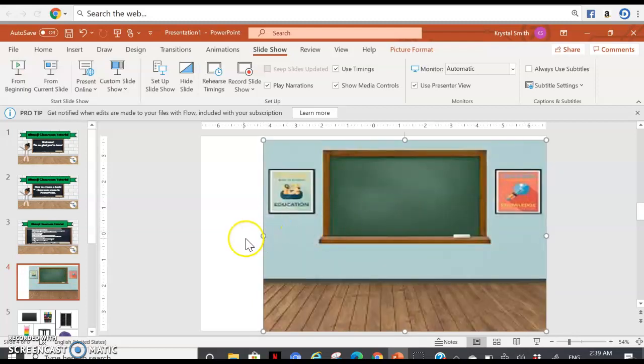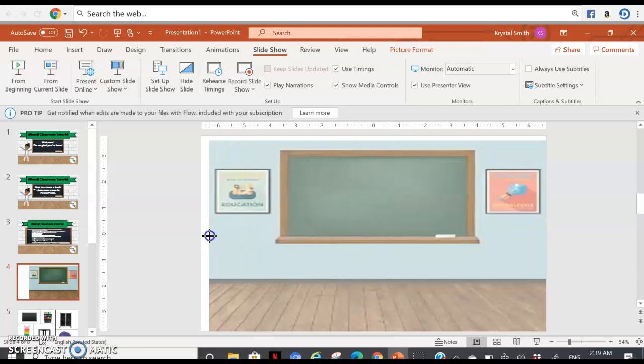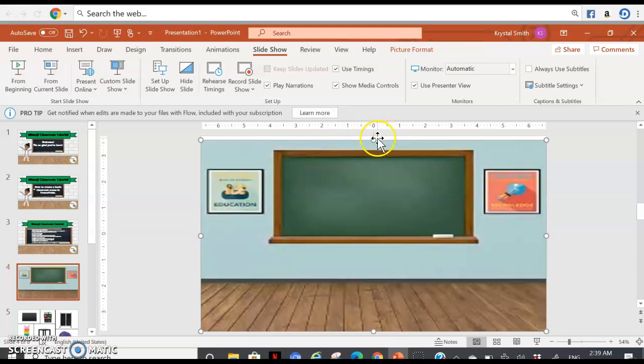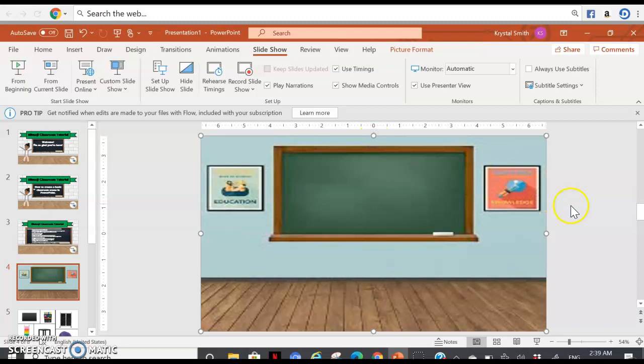If it looks a little bit blurry, that's okay. I'm actually going to not use these pictures in my background. But here we go. It's a little blurry, not my favorite, but we can still work with it. So now I'm going to go back,